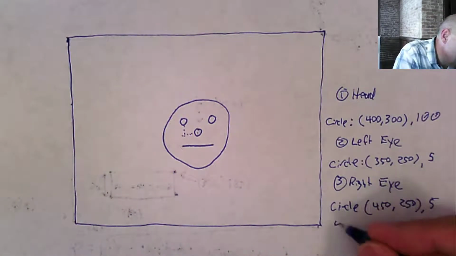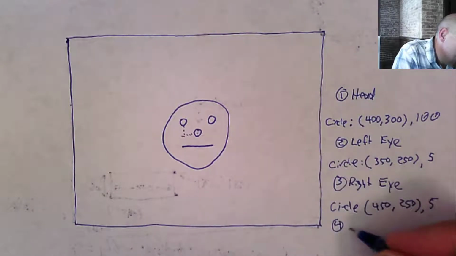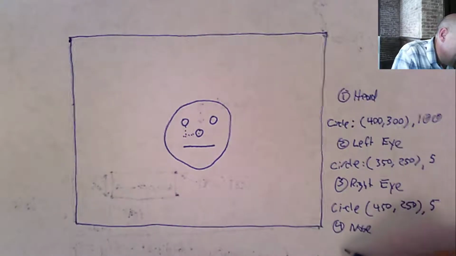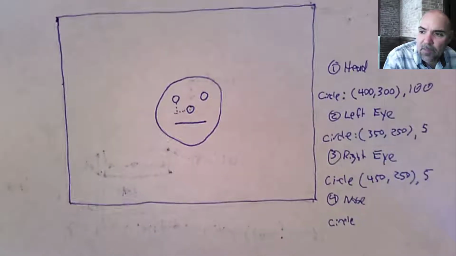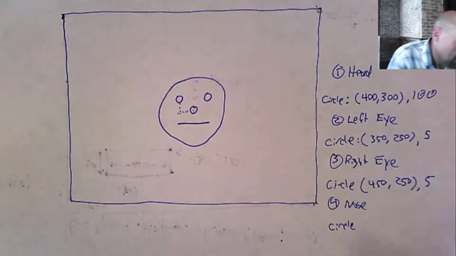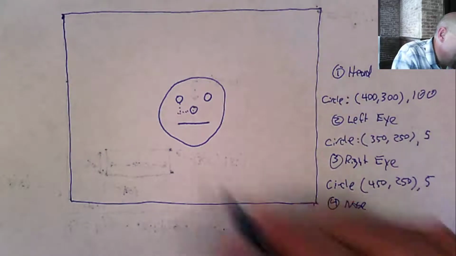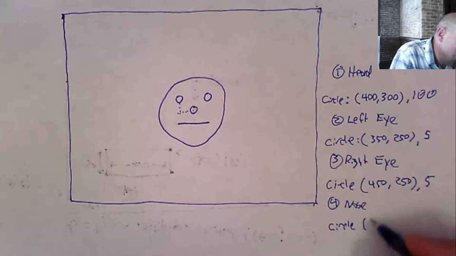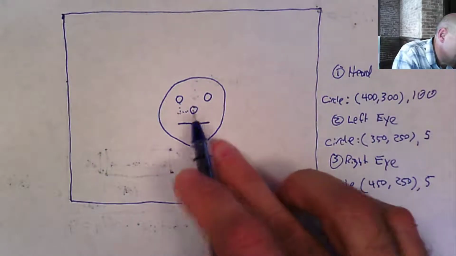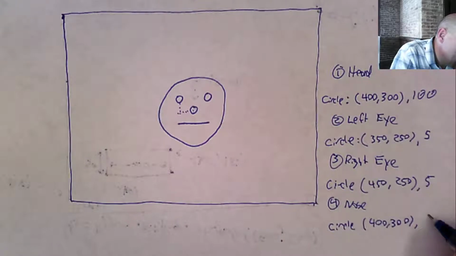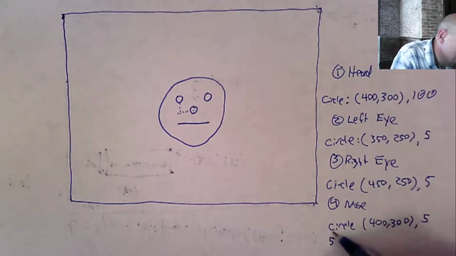Now, 4 is going to be the nose. And the nose is going to be a circle. The nose circle is going to be at the same center of that, so it's still 400, 300. And the radius of that, let's make it the same as the eyes, so 5. And then finally, the last thing